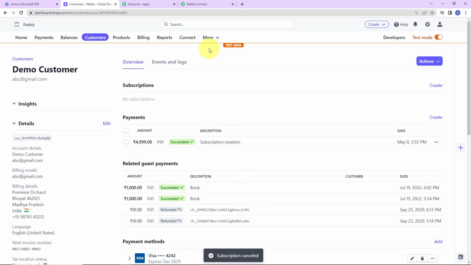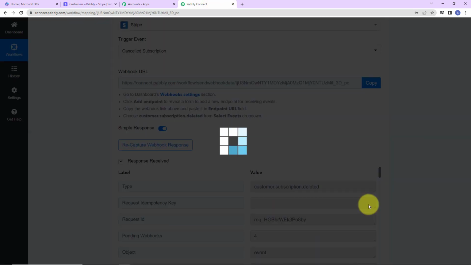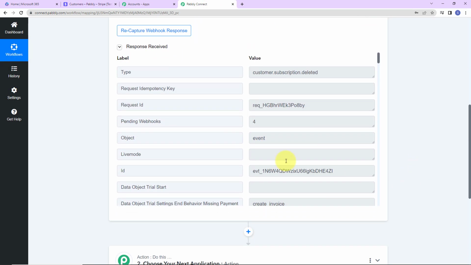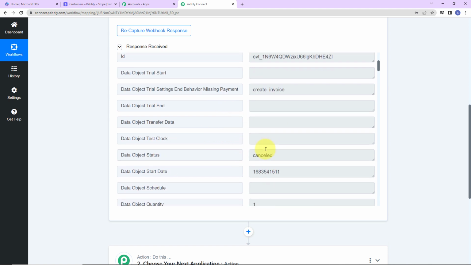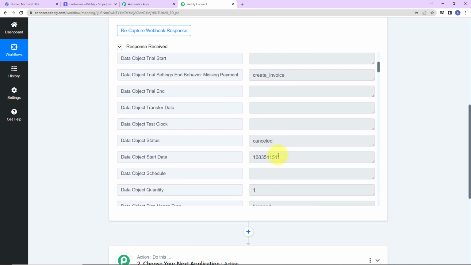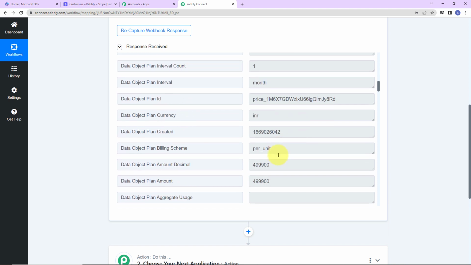Now I'm going to take you to Pabbly Connect to see if we have received the response here, and yes, here it is. So what is the type? Customer subscription deleted. This here is the request ID, then this here is the event ID, and then as I take you down, what is the object status? It is cancelled. Then again as I take you down, here is the amount. Now the amount was actually 4,999, but here the amount is shown as